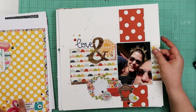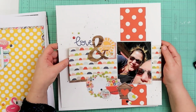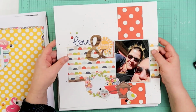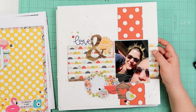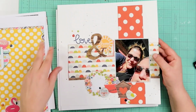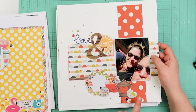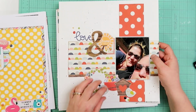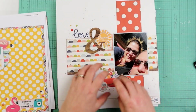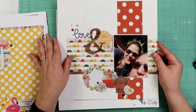Got this one. This is with the Gnome one. What is that called? I can't remember. The Gnome collection. It's not called the Gnome collection, but it is a Simple Stories. And this is a photo of Jim and I when we went to New York. We were on one of those big buses. That's one of our favorite things to do on vacation. How about you? I like this design as well because I like how these elements come across in a line, and I like how these come across in a line. This is something I might try again and maybe use more elements and maybe different sizes